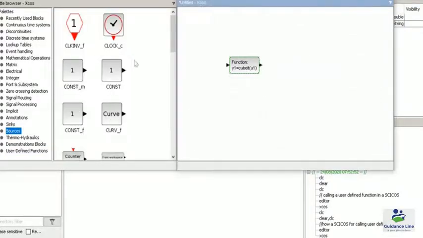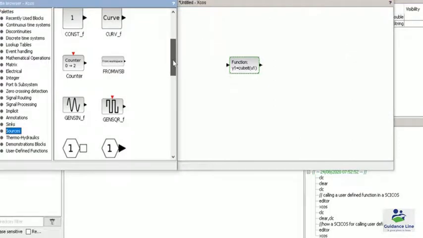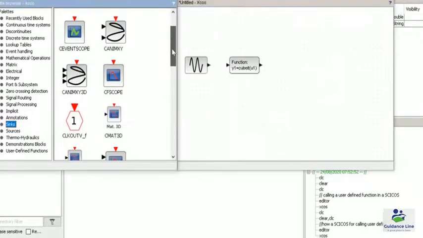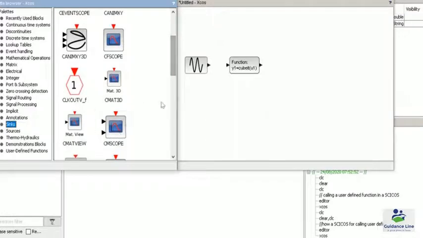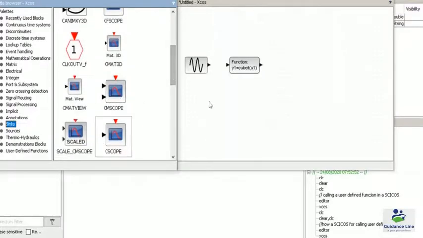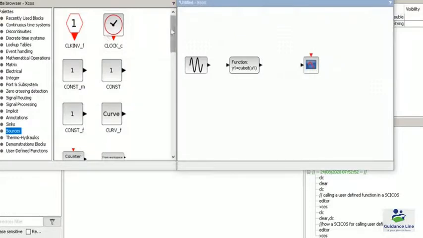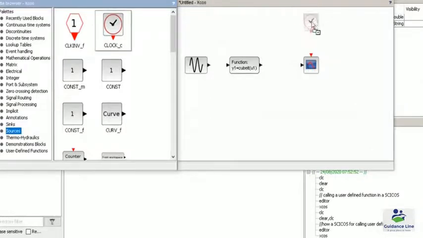So in sources I am finding a generate sinusoidal waveform, and then for the output we require a CSCOPE block. Since it is an event driven block, I require a clock to instantiate the working of this particular block, which I have found in sources, and CLOCK_c is the name of this particular block.